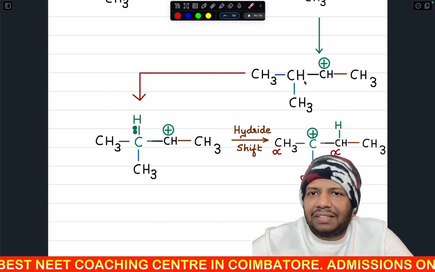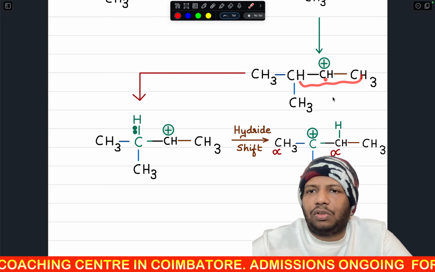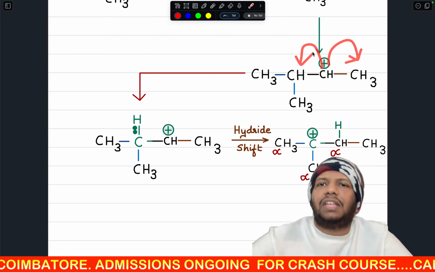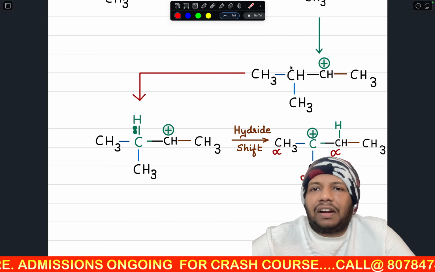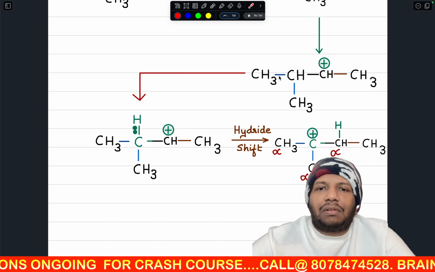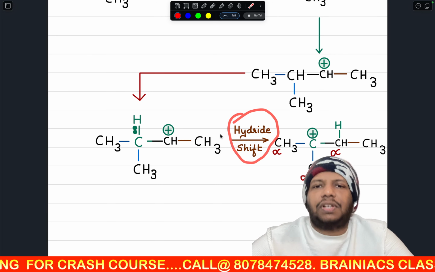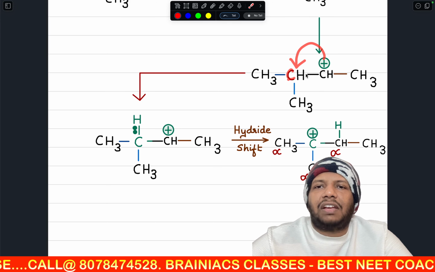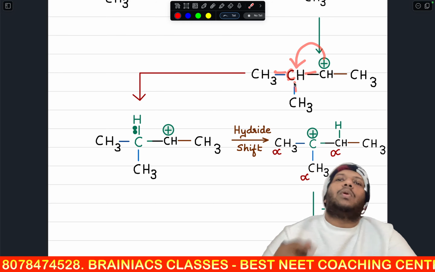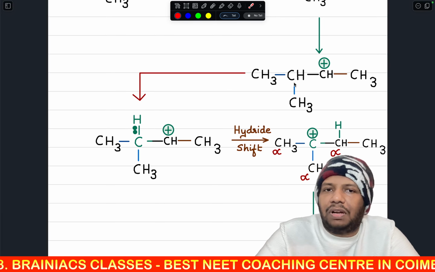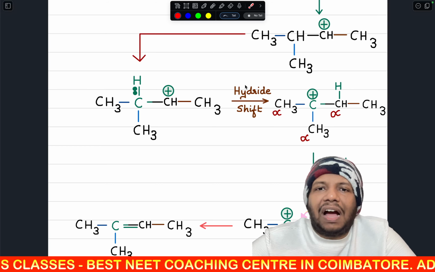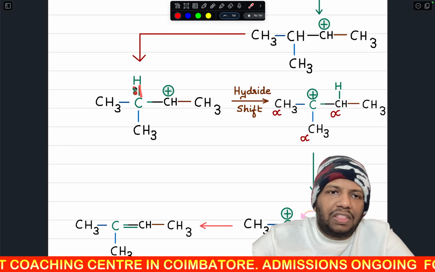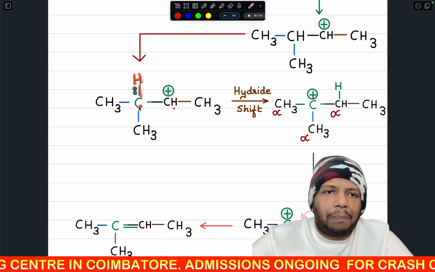But please understand, this carbocation, what you have got here is 2 degree. Why is it 2 degree? Because it is connected to one carbon here and another carbon here. So if it undergoes some rearrangement, that rearrangement is called hydride shift. This plus will migrate to a tertiary carbon. This carbon atom is connected to 3 other carbon atoms, so a tertiary carbocation is more stable. So what sort of shift will it undergo? Hydride shift. Hydride shift means hydrogen along with a pair of electrons